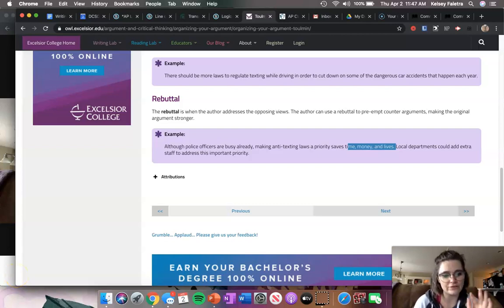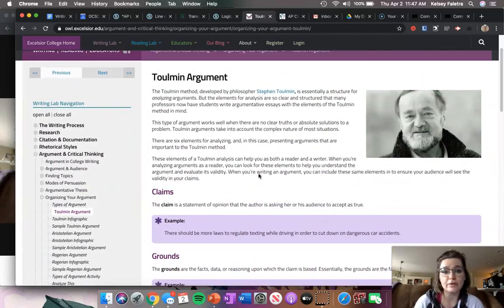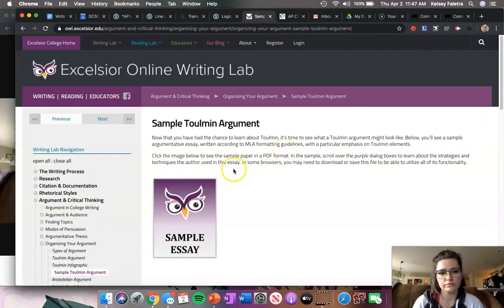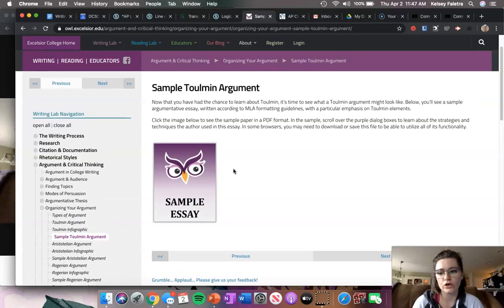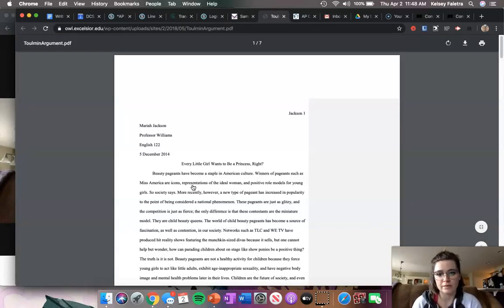Okay, so where we left off, we had just finished talking about rebuttal, which I had just said is basically concession refutation. Okay, I pretty much finished with Toulmin. This is the general order of our essays, basically, right? So if we look at a sample one of it,